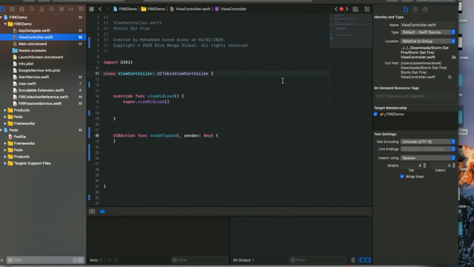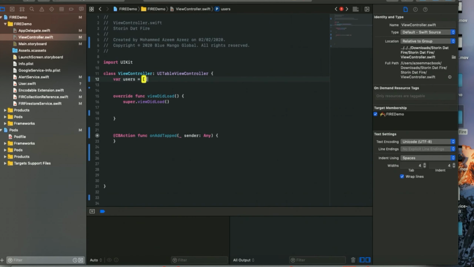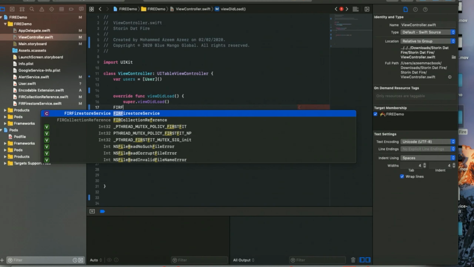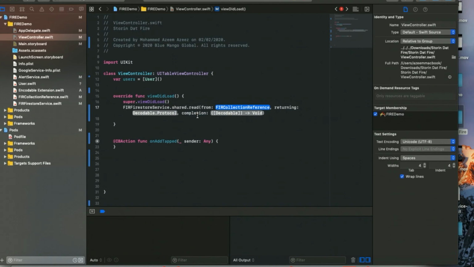Let's give this view controller more space. Alright, so first I'm going to create var users equal to the User array. Then in viewDidLoad, I'm going to call FirebaseFirestoreService.shared.read, which takes the collection reference. So the data is from .user and users, and it's going to return the User, self, then in completion